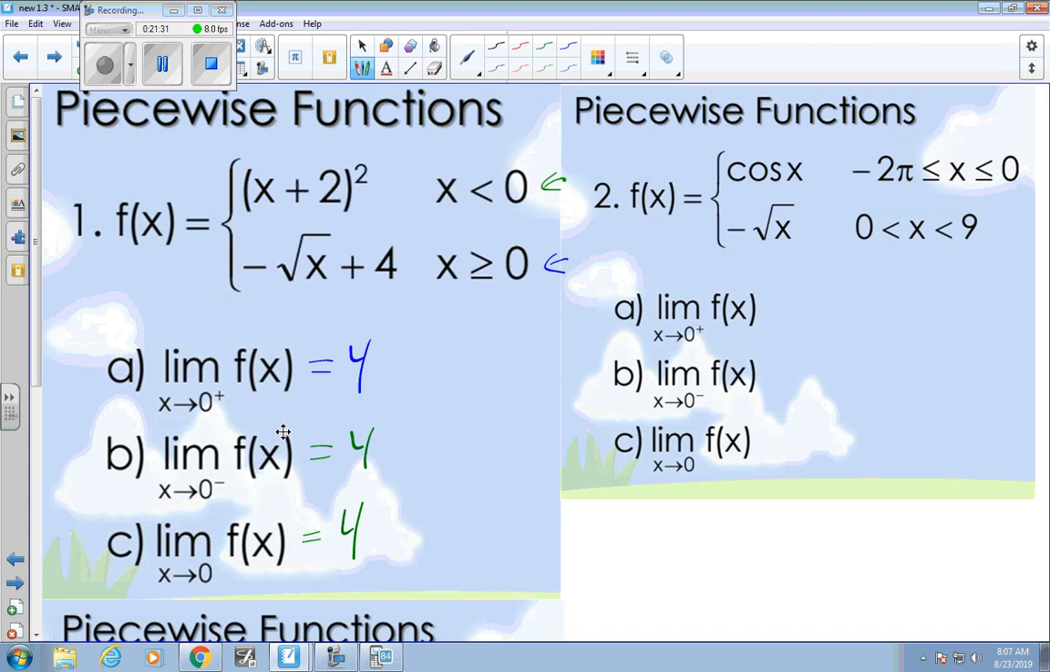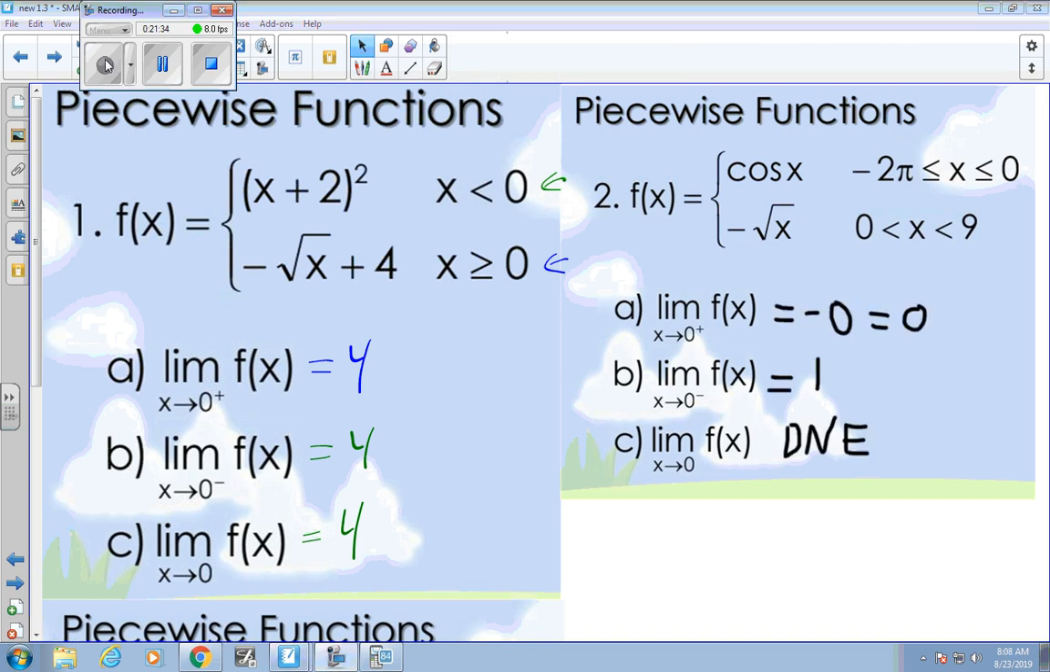Take a minute to work on number 2 here. See what you can come up with. All right. Hopefully, oh, thought I unfroze that. There we go. Hopefully you came up with those 3